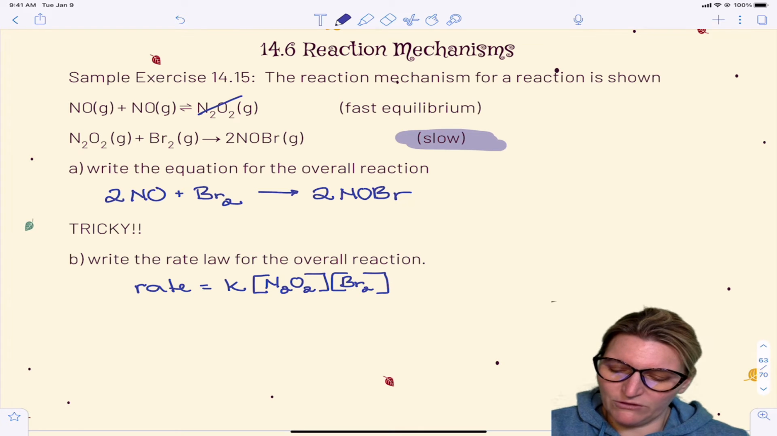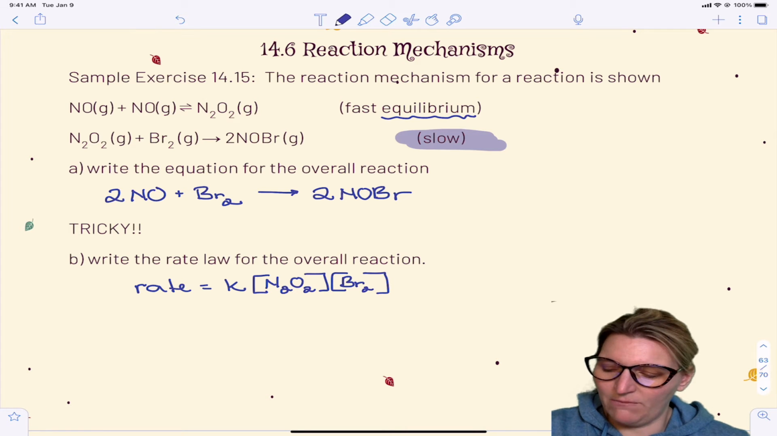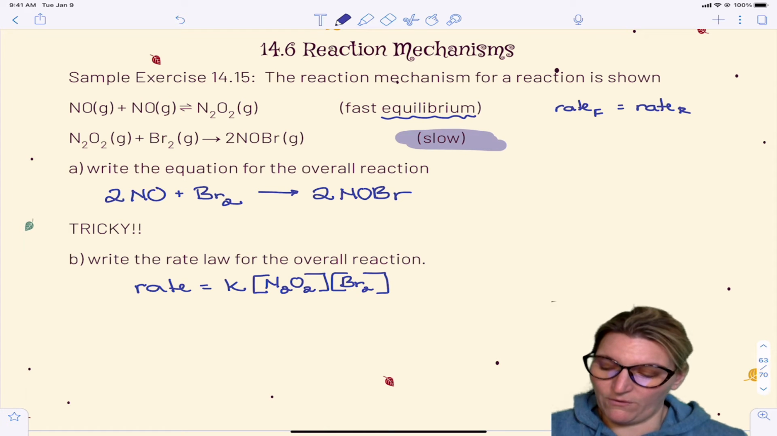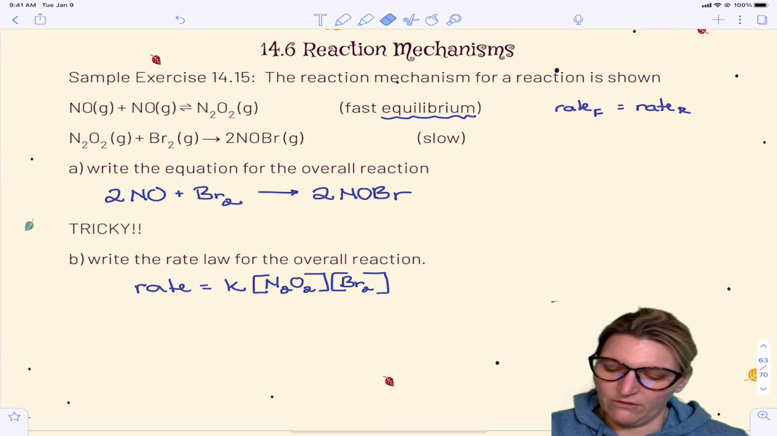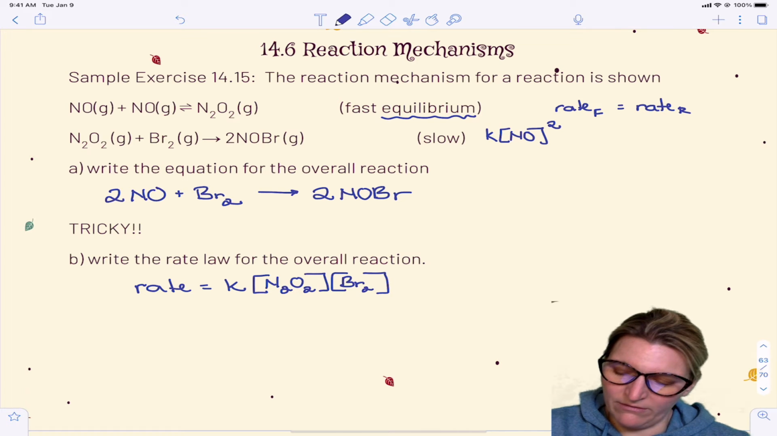If I look at the first reaction and see how it's at fast equilibrium, we haven't really looked at equilibrium much. That's something that we would have done a teensy bit of in first year chem, but what equilibrium means is that the rate of the forward reaction would be equal to the rate of the reverse reaction. Look at the rate law for the forward reaction and write that down. The rate law of the forward reaction would be K times the concentration of NO squared,